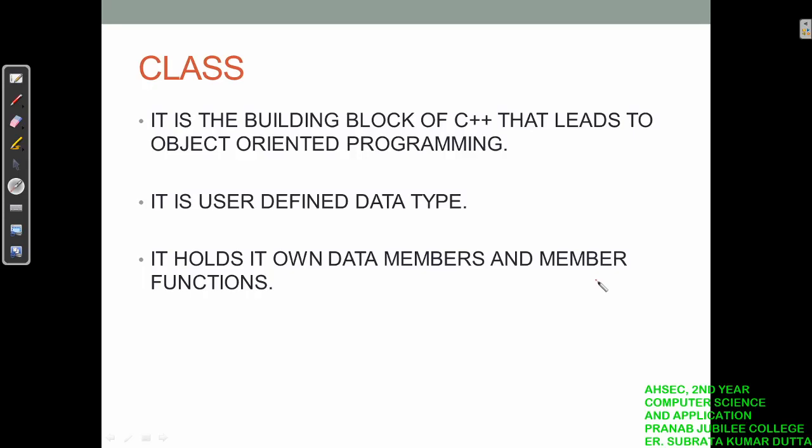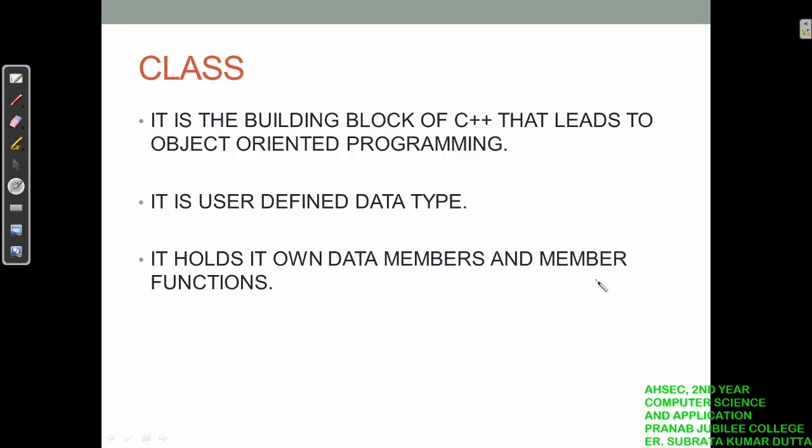It is nothing. Data members are simply the data, or the variables or constants, that we take during programming, say int a, int b, char x. So a, b, x, these are all data, right? Those are variables that we initialize. So same thing is the data member. And member functions are normal functions, the functions that we have already studied, right? Function we have already studied, so functions are called member functions.